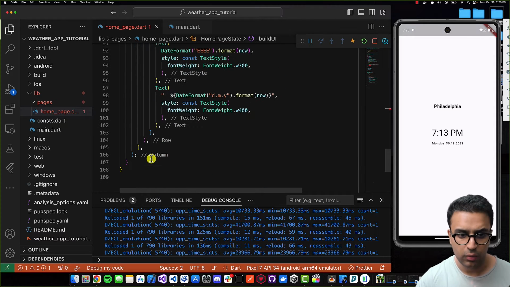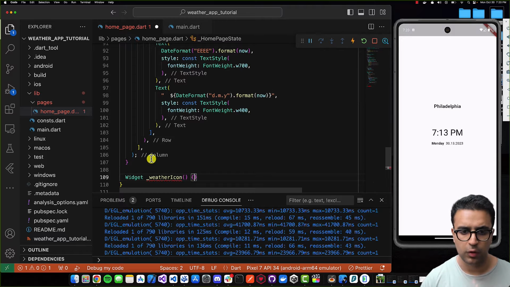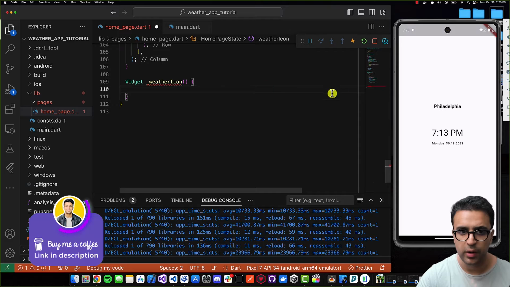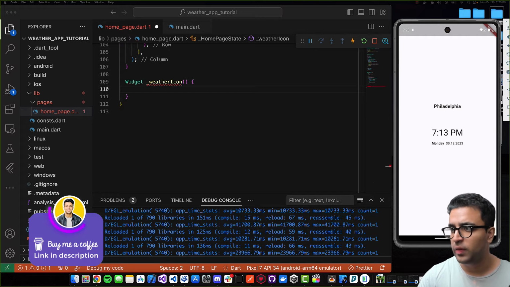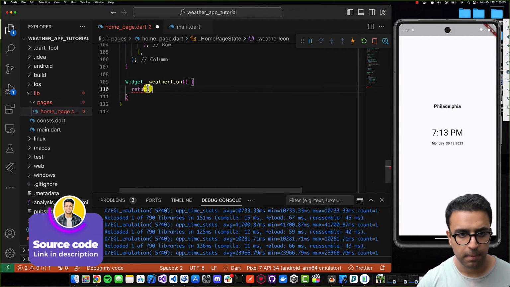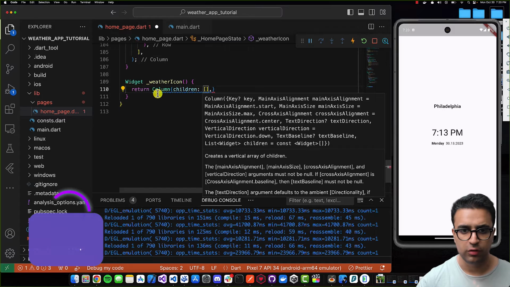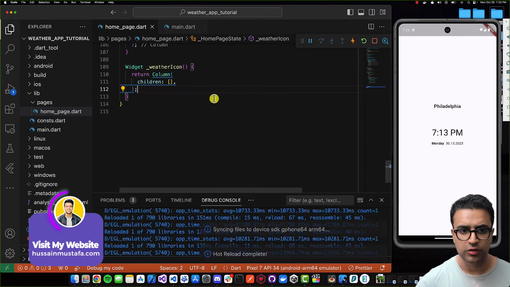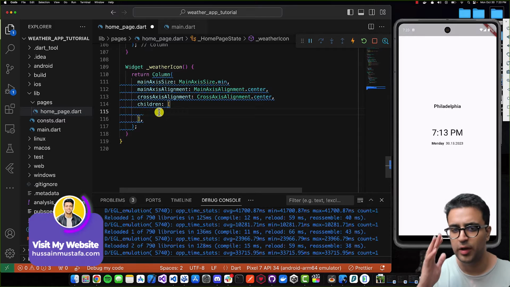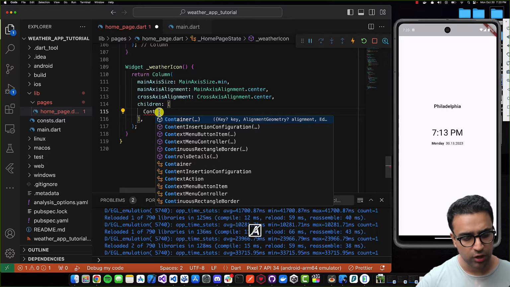So I'm going to come down to the bottom of my class. I'm going to create a new function which will return a widget. It's going to be called the weather icon. And then this function will be responsible for rendering the weather icon. So what I'm going to do within this function is that I'm going to be returning a column first. So let's do that. Then for this column, it's going to have a children's list, and we'll come back to the children in just a bit. Then I'm going to define the main axis size, the main axis alignment, and the cross axis alignment for this column. And then after this, we are going to be defining the first child for this column,